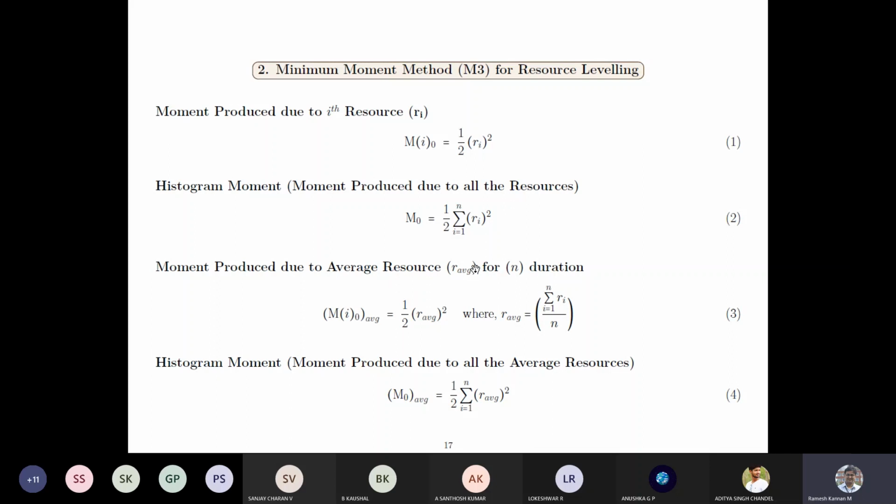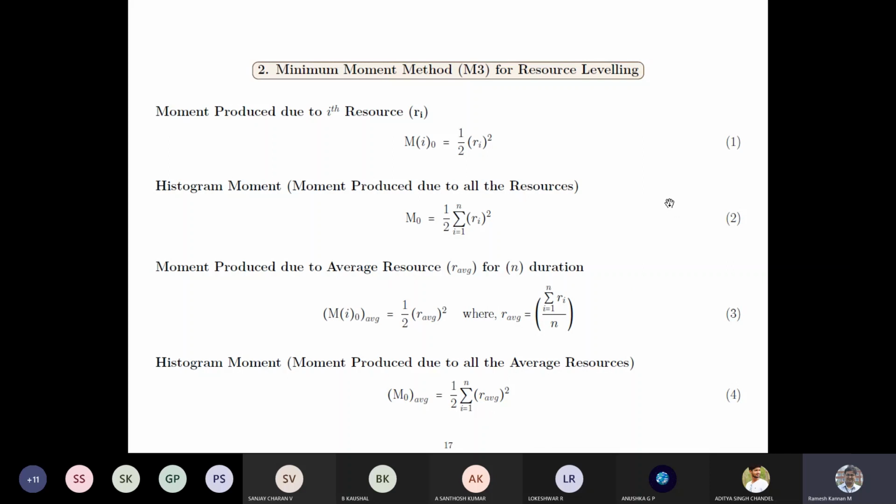R average is nothing but the sum of all the resources divided by the number of days, the average resources per day based on the total resources for the entire project duration n. It also has 1 by 2 R average squared, and the histogram moment for this is the sum of all average squares into 1 by 2. So this is typically the minimum moment method.